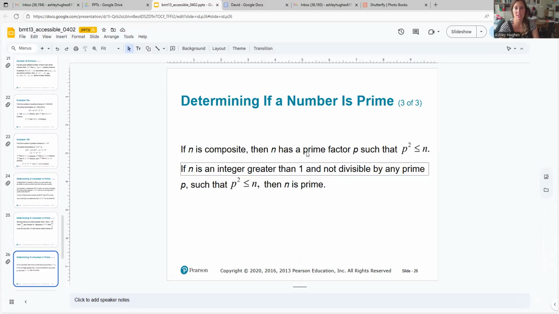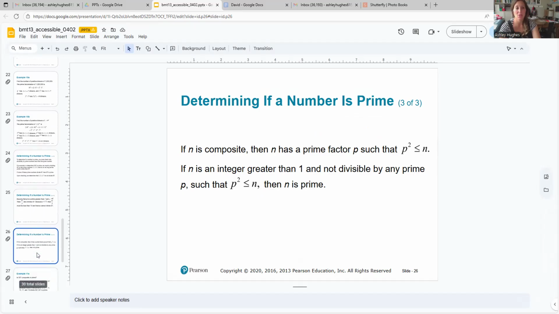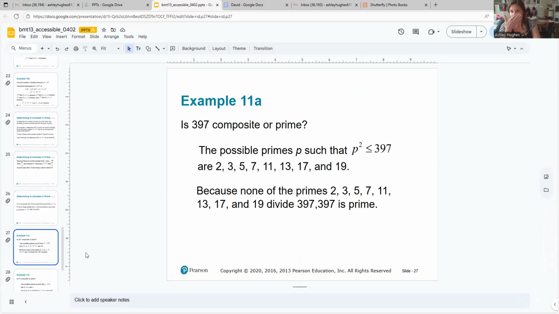If n is a composite, then n has a prime factor p such that p squared is less than or equal to n. If n is an integer greater than 1 and not divisible by any prime p such that p squared is less than or equal to n, then n is prime. Okay, what does that mean? This is an example. Basically, if you're trying to figure out whether this number is composite or prime,